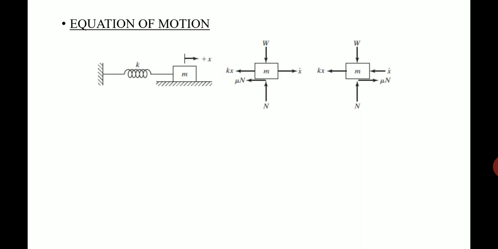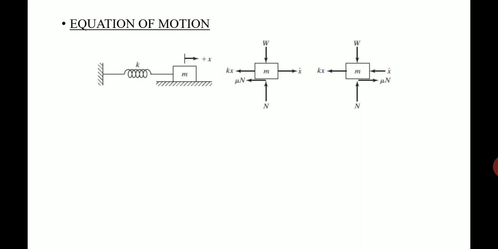So the mass is there, weight is acting in the downward direction, normal reaction is acting in the upward direction. Towards the right side there is x dot, which is the velocity. So the mass is being pulled towards the right, and there is a velocity in the right direction. As a result, there is a spring force. Since the body is being displaced to the right side, there is a spring force directed towards the left side, having magnitude k into x, which you have seen in the previous session also.